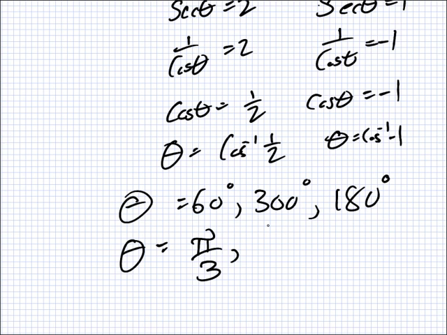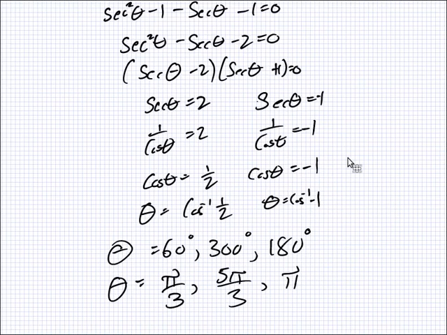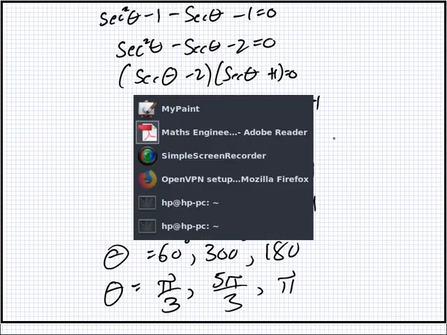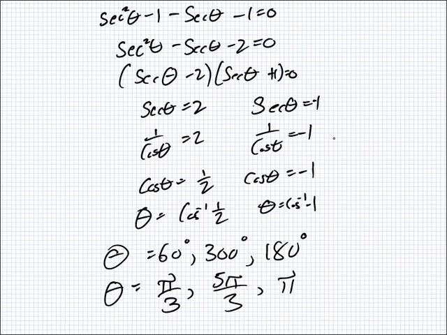We need 300. Huh? 5 pi over 3. Pi. What's wrong, Gao? Do we need? Of course we do. Don't we? Oh, yes, 2 pi, yes. Yes, yes. So,